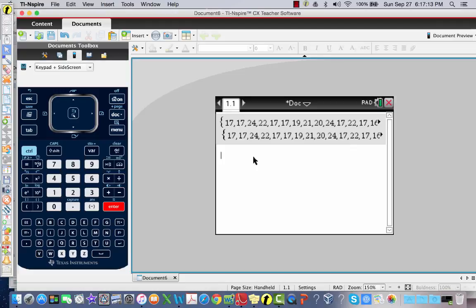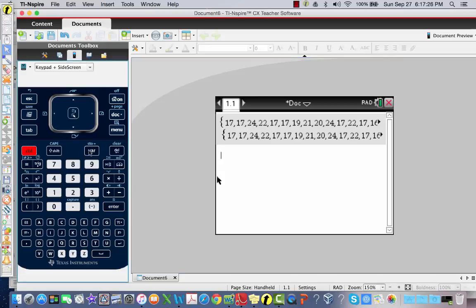So I have all the data entered, and now I want to store it as a variable. Here's my variable button, but I want to store it as something. So I'm going to hit Control, Store, and as you can see, the Nspire says, okay, what you just did, you want to store it as something. I can type in any name that I want, but I happen to know that these are the top 40 NBA scoring averages rounded to the nearest whole number for the 2014-2015 season. So I am going to call it NBA,